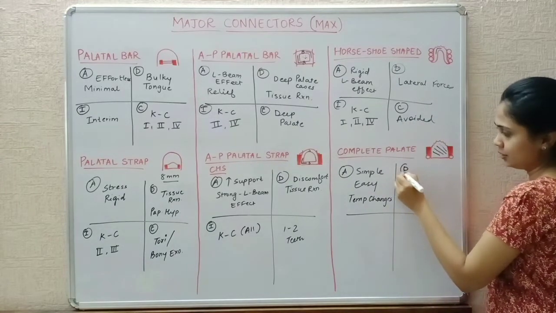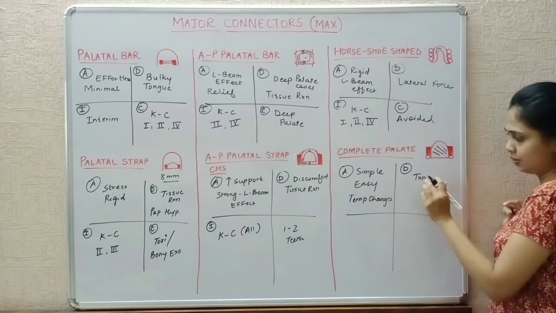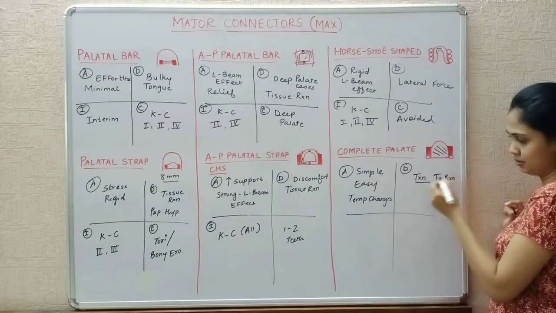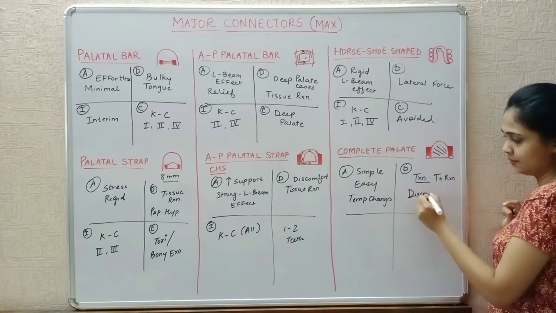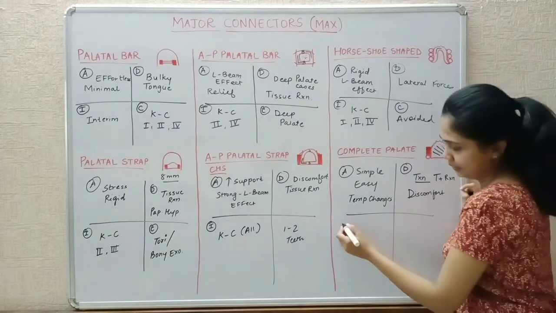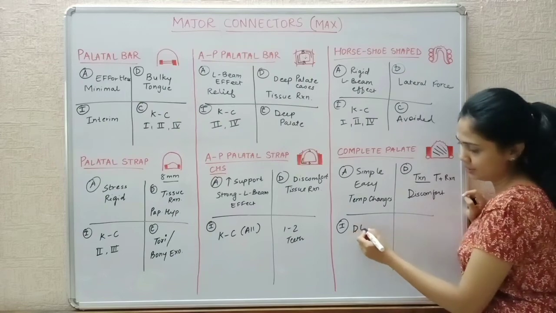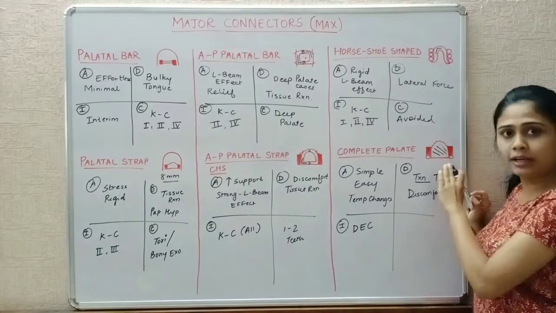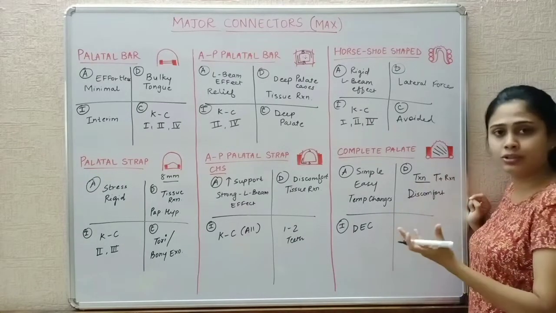The disadvantages of such are tissue reactions because it covers the whole tissue. So tissue reactions, this is T plus reaction, okay, the TXN. And second, it might be a discomfort in certain cases when there is tori or bony exostosis. Okay. The indications of complete palate, it is in distal extension cases. So in any distal extension cases, here the figure doesn't show that, but in textbooks you might have that. So in this distal extension cases, this is the choice of major connector.